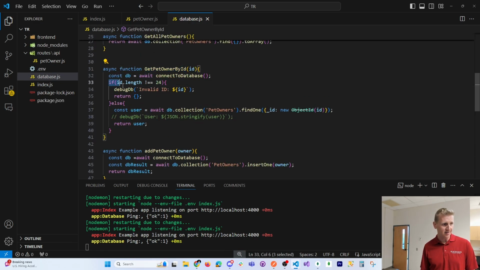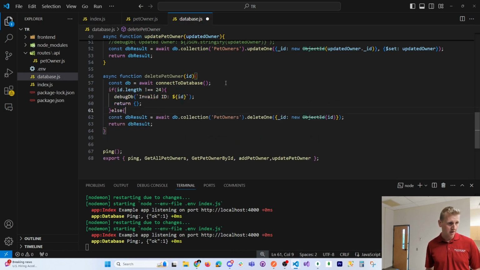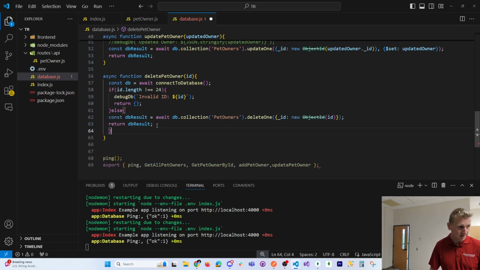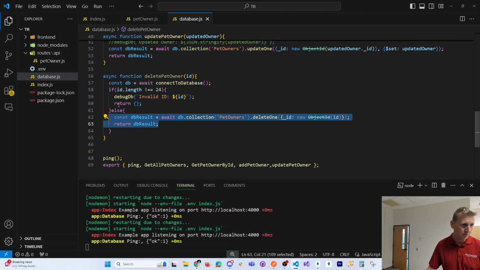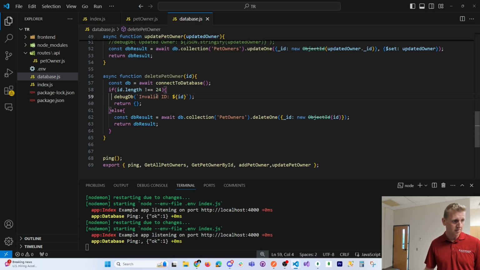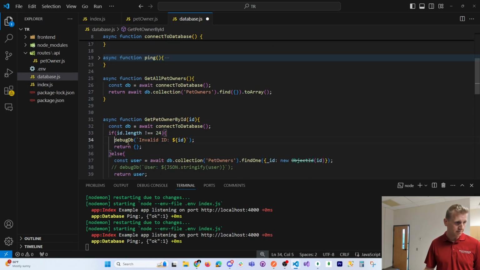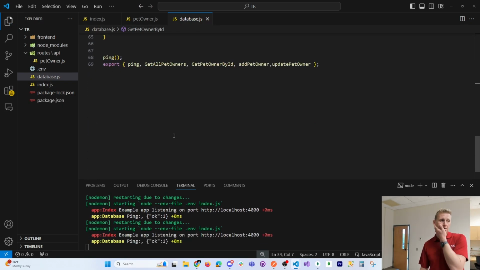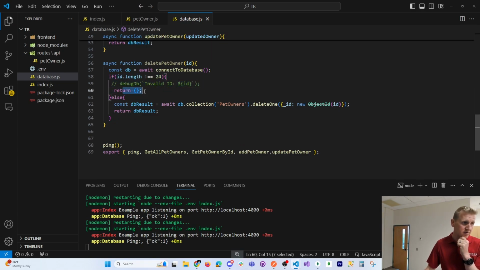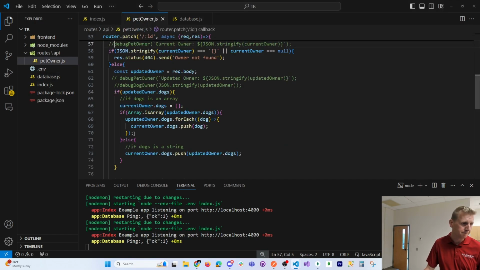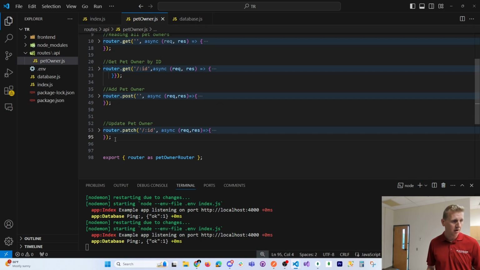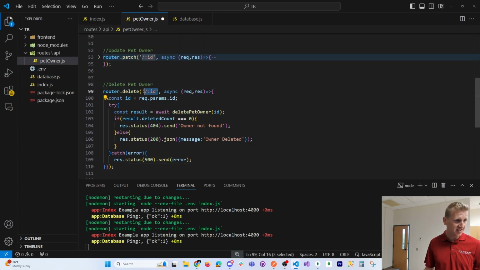We want to validate that ID in a little bit of way, right? So I can maybe do an if else on my delete. And if it's not at least 24 characters, we just send back an empty object. We don't need that debug there. And we don't need that debug up there either. And so you send in a string, and if it's not 24 characters, we just return an empty object. And then that way, back in our routes, let's condense the patch. And what we have left is a router.delete, send in the ID,